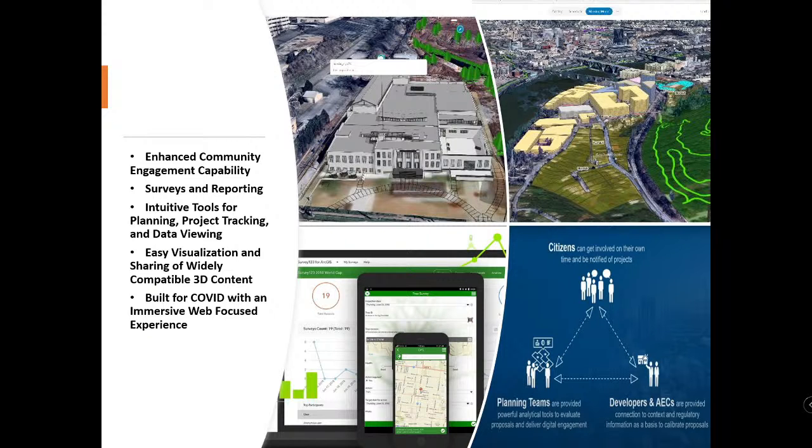Also, with ArcGIS Hub, it allows you to really enhance your community engagement capability. It allows citizens to get involved on their own time and contribute and be knowledgeable about projects. It offers surveys, reporting, field data collection, such as riding along with buses,